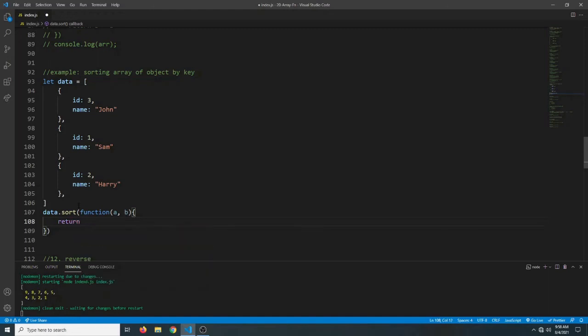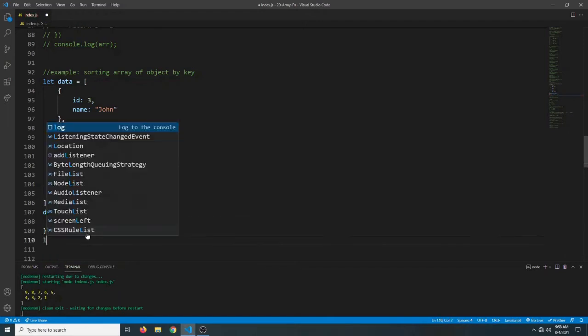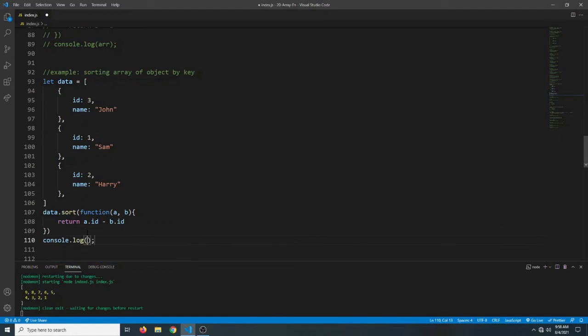Now here you have to understand that a and b will be these objects. So what we can say is a dot id minus b dot id. And now if we log the data, as you can see the array was sorted based on the ID.